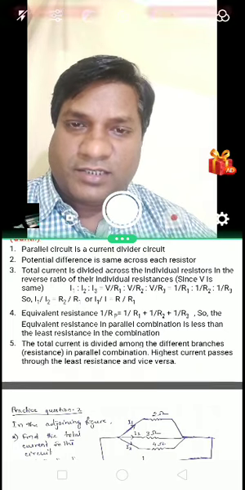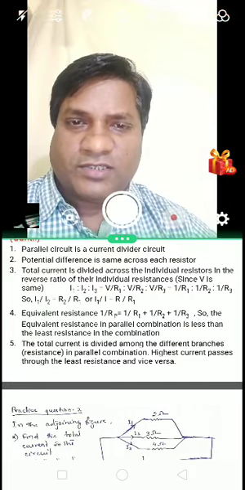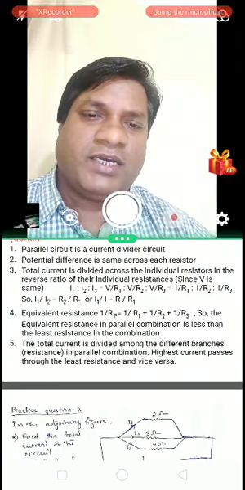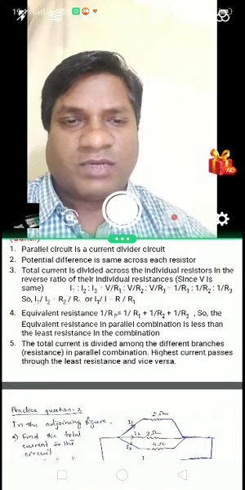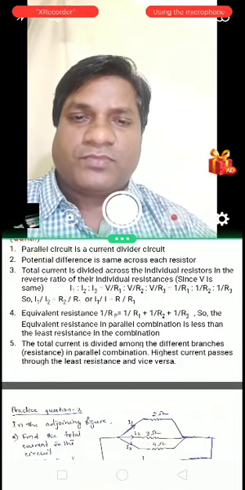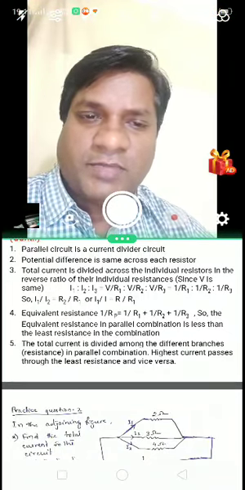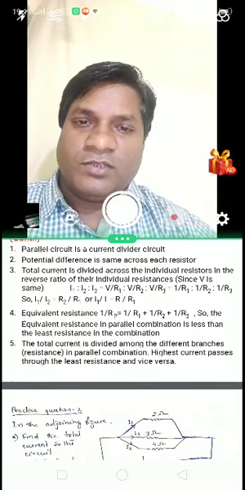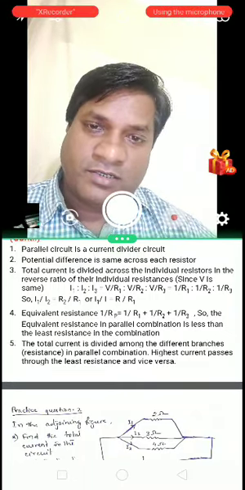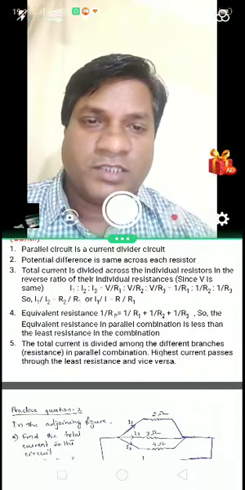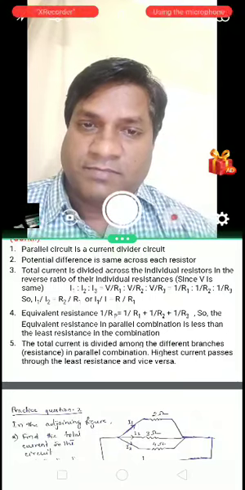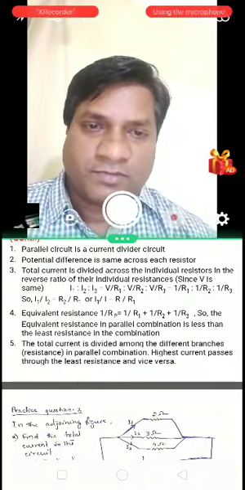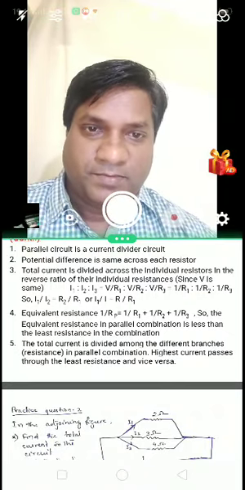Now the fourth characteristic: the equivalent resistance is given by 1 by Rp is equal to 1 by R1 plus 1 by R2 plus 1 by R3. So the equivalent resistance in parallel combination is less than the least resistance in the combination. So if you take a 1000 ohm resistor, a 10 ohm resistor and a 1 ohm resistor and connect all of them in parallel, then the equivalent resistance of the parallel combination will come less than the lowest resistance